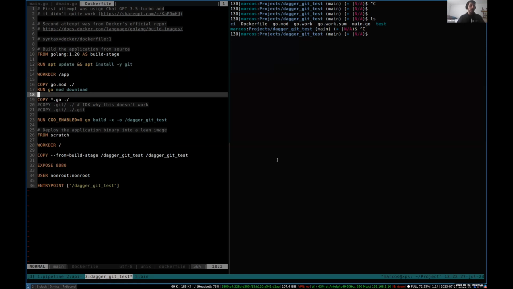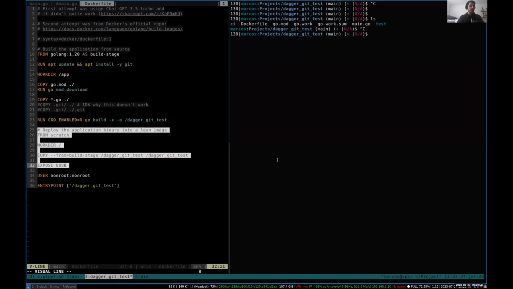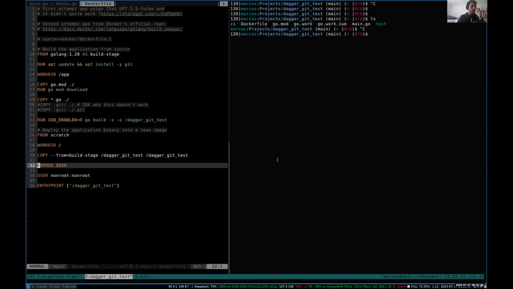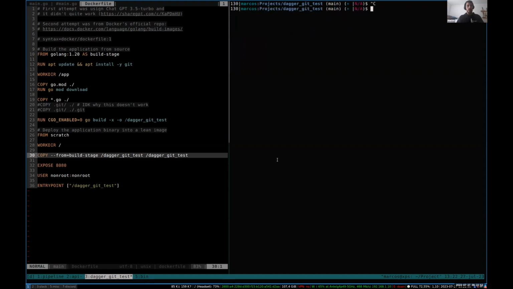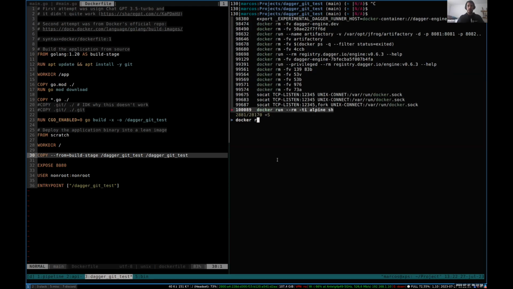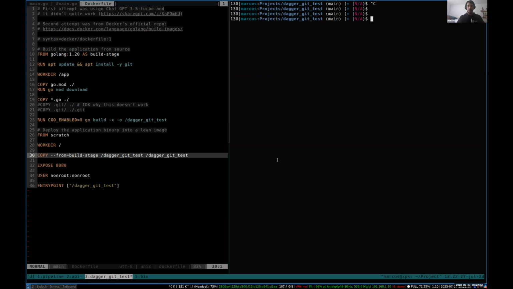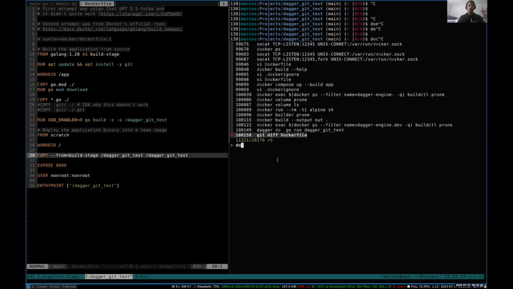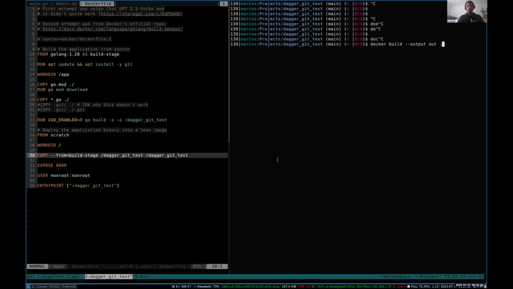And then, as you can see, it copies the code. Then I have from scratch, basically a multi-stage build. And then I copy the binary, and then I put it on the other image. So I'm going to run this. I have it here. I think it's Docker build. Yeah. So I'm going to run this build, and then I'm going to output the last layer, which is scratch,